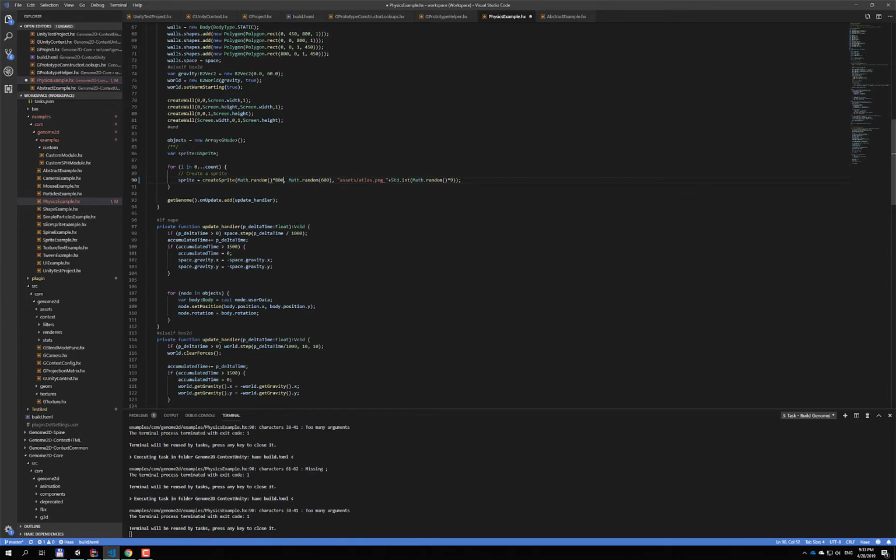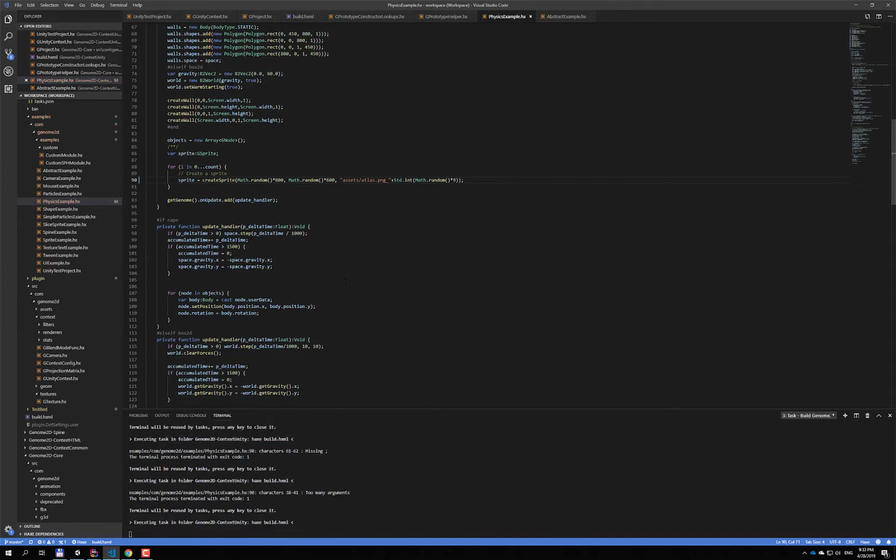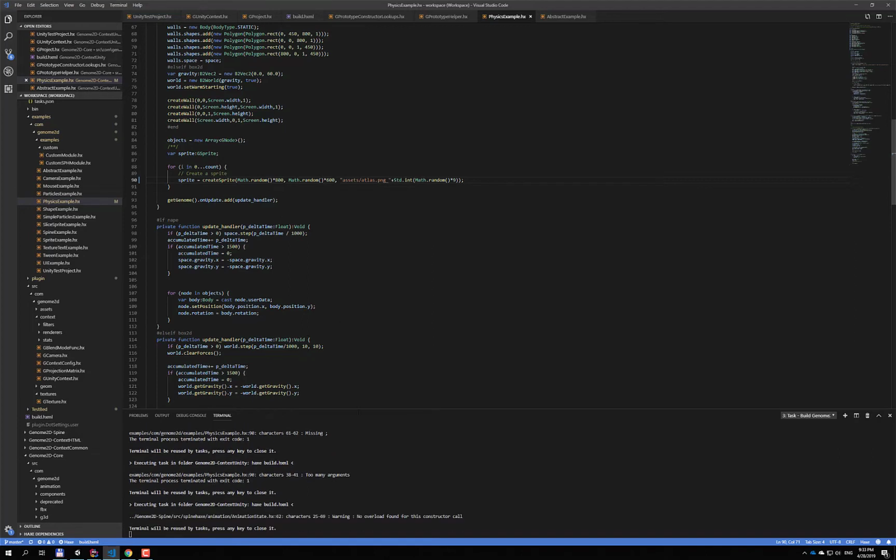I always, because I'm using all these languages, sometimes forget how the math functions work inside different languages. So Haxe uses the normalized random from 0 to 1. So now there is just this error inside